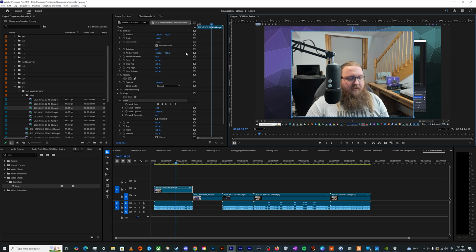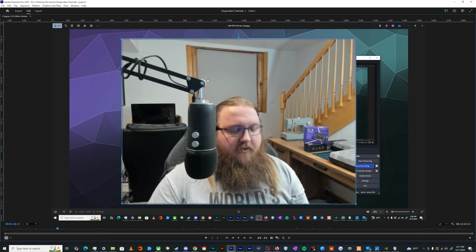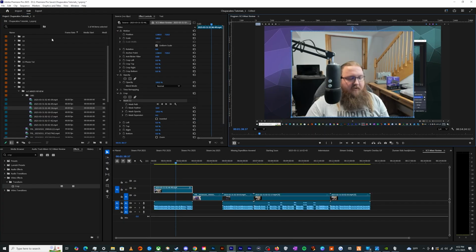So now that I've got this shape done, there's two things going on here. If I hit the tilde key and zoom in, there's a weird little squiggle around the edge. I'm actually going to clean this up and bring it to the edge of the webcam here a little bit better. There's a little funny squiggle, and that's because there's a feathering effect on the edge of this selection here that I don't want to keep. And to get rid of that, there is an option here called Mask Feather,